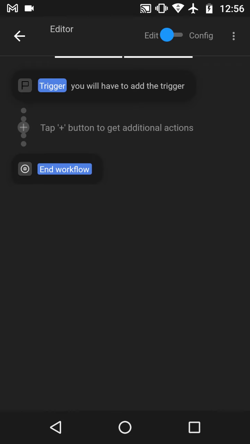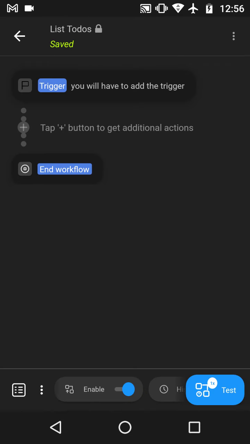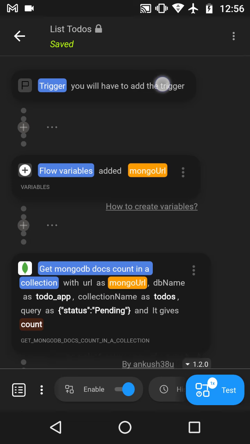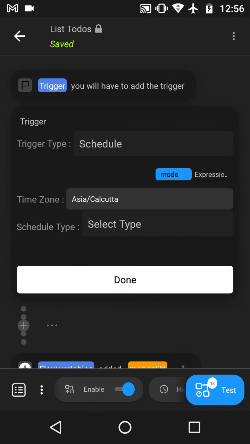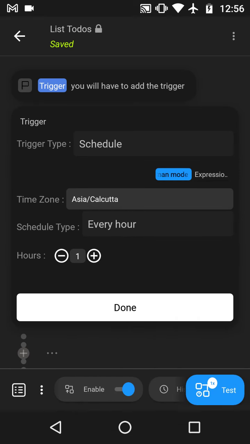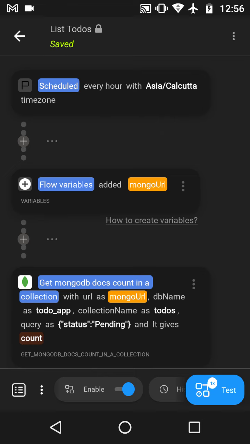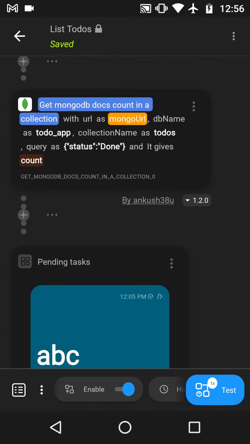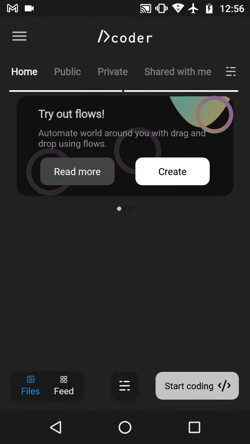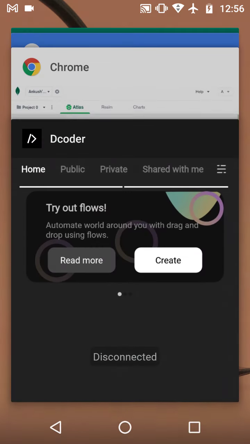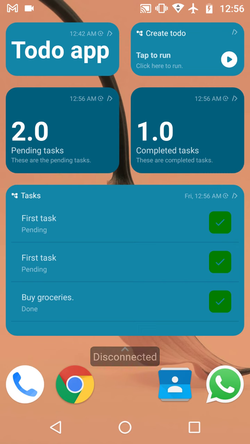Go back to this task flow, and we want these widgets to refresh every hour. So let's schedule it to refresh every hour. So these will be refreshing every hour now. Go back and now close. So at this point our to-do app is almost complete.